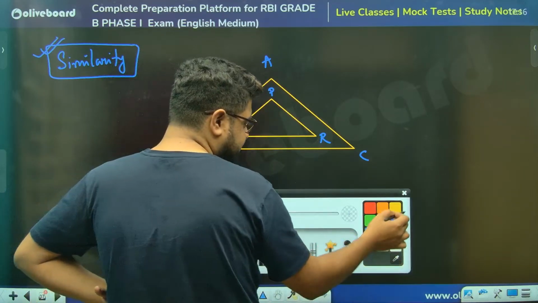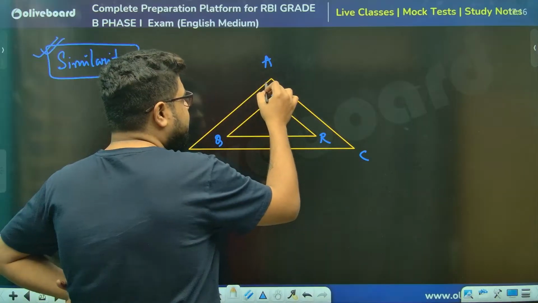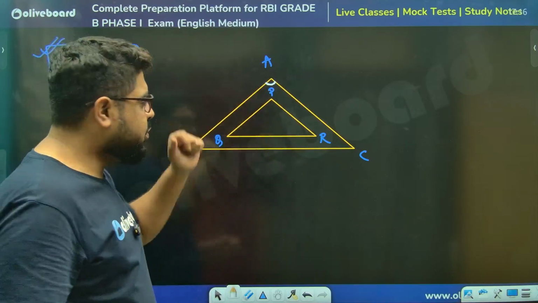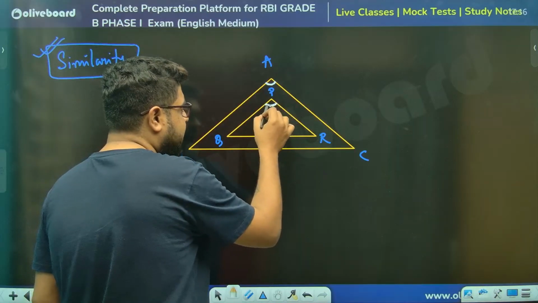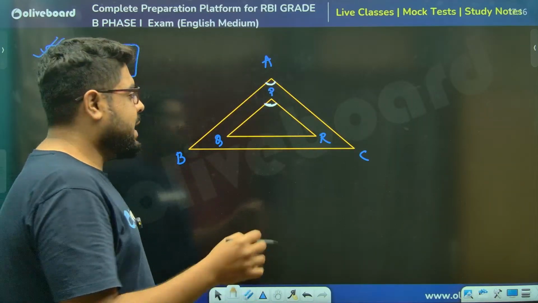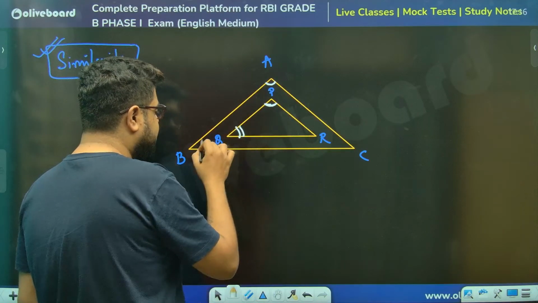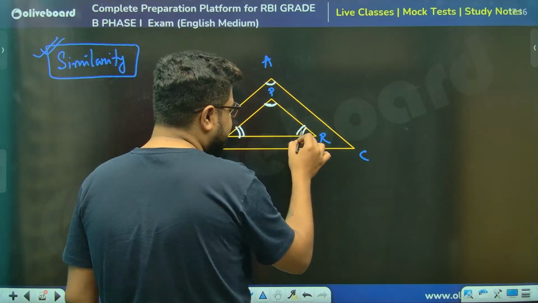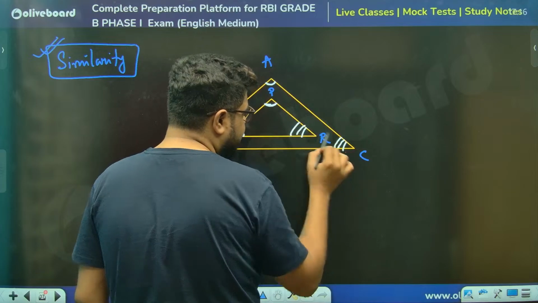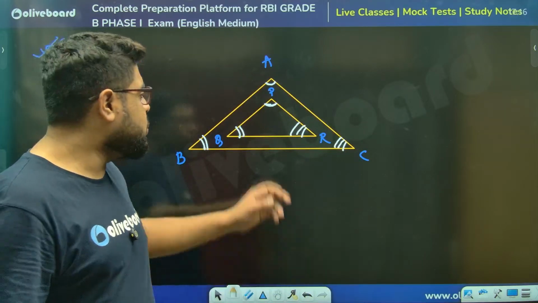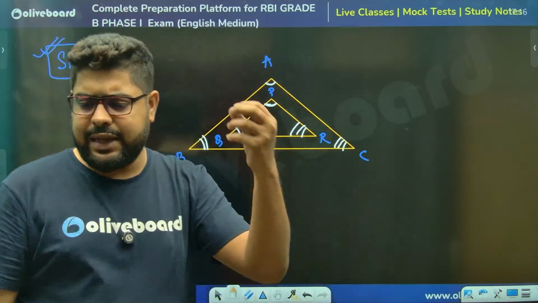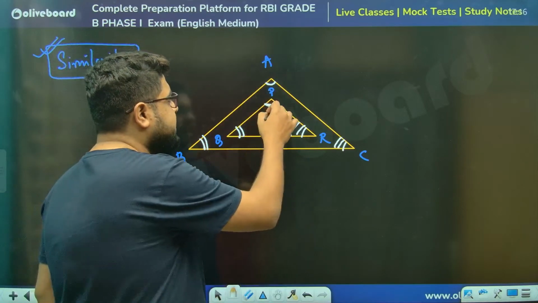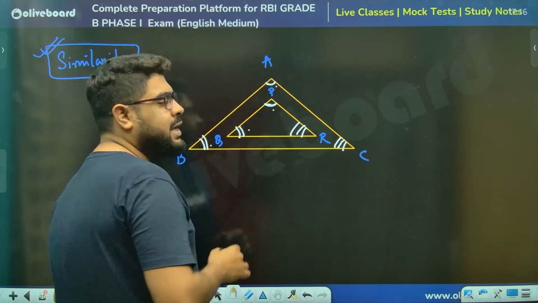Remember this thing. If you take this angle, angle A of the bigger triangle, you can prove that it is equal to angle P of the smaller triangle. And again, this angle will be equal to similarly this angle. And also, sir, this angle is equal to this angle. Now, please understand, in two triangles, if you can by any chance prove two of the angles, in this case, P is equal to A, Q is equal to B,